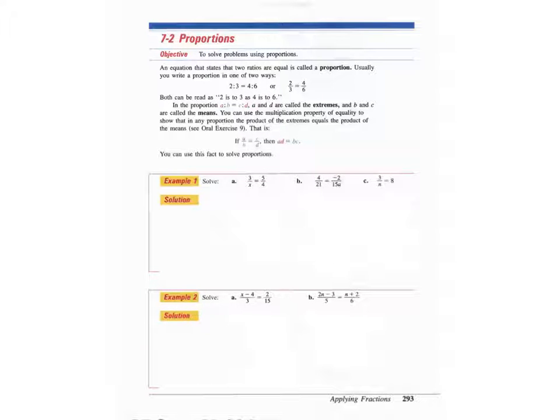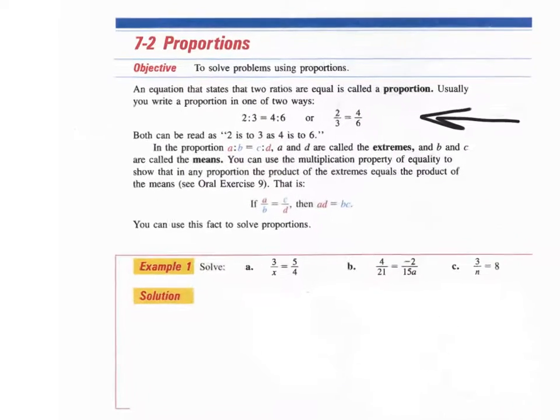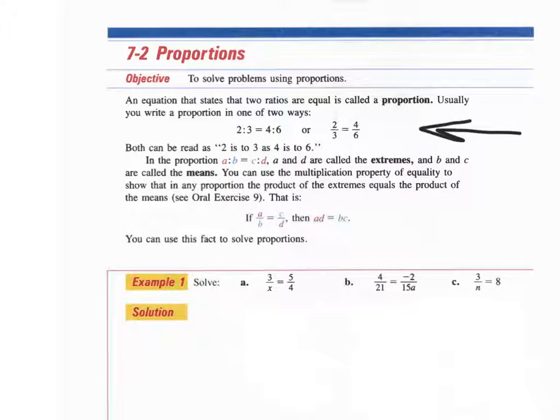Okay, so this lesson is proportions, and this is to solve problems using proportions. So again, here are the three ways to write a ratio. Again, a proportion would be two fractions or two equivalent fractions that are equal to each other. You've got some vocabulary in here, and in the proportion, the two outside numbers, this A and D, when it's